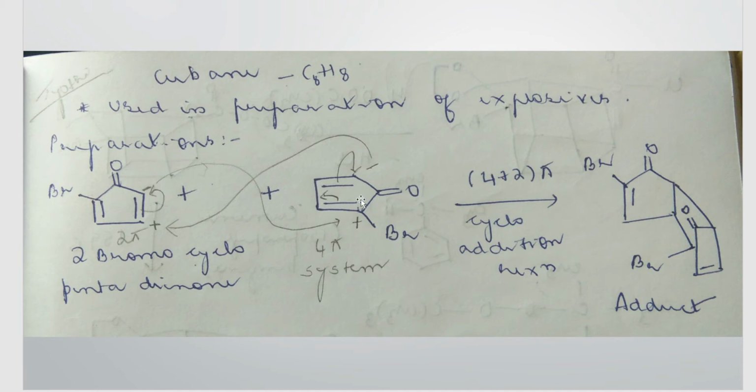Okay. So once you've shifted the bonds, now this positively charged carbon center will attack the negatively charged carbon center. Same way here, the negatively charged carbon center will attack the positively charged carbon center. So that is called a 4 plus 2 pi addition, or a cycloaddition reaction. So what do you get by the end? You just have to draw a bond here, connecting these two carbon centers here and here. Okay, so you get an adduct, which is the product by the end of step number 1.